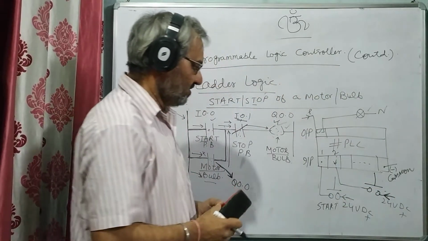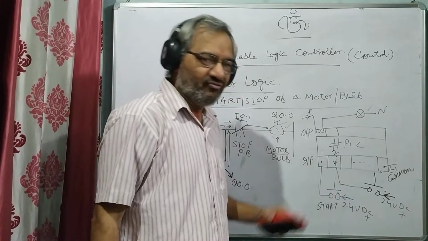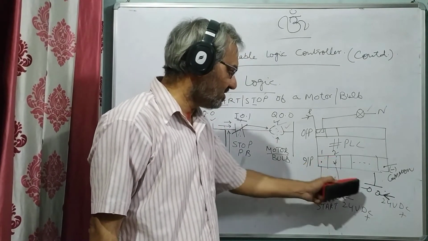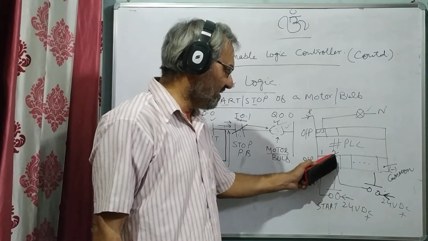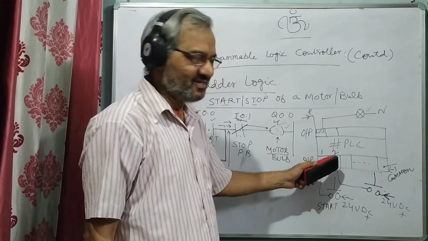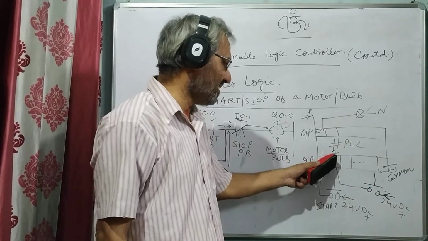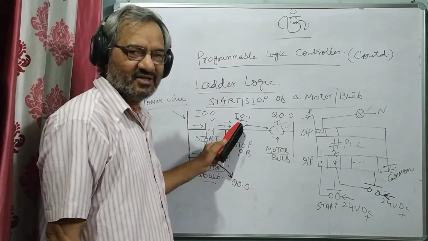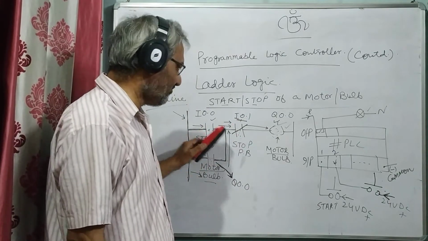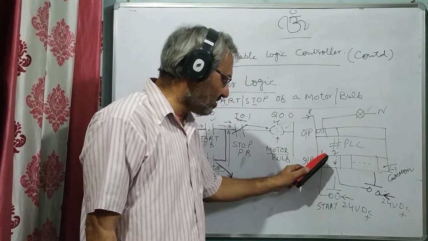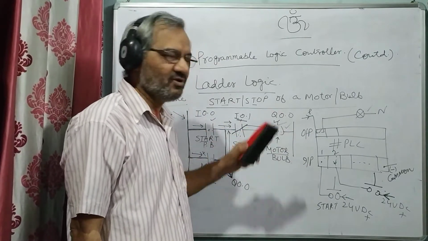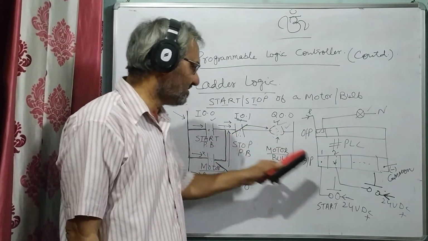Like this. So initially it should be off. So once it is off, means no 24 volt DC, no power is being sensed by the second input of the PLC. It means it is off state, so it will be high. Here it will be high. So now if you are pressing this start button, this will be on, power will flow like this, and this coil will be on, because initially this is off.